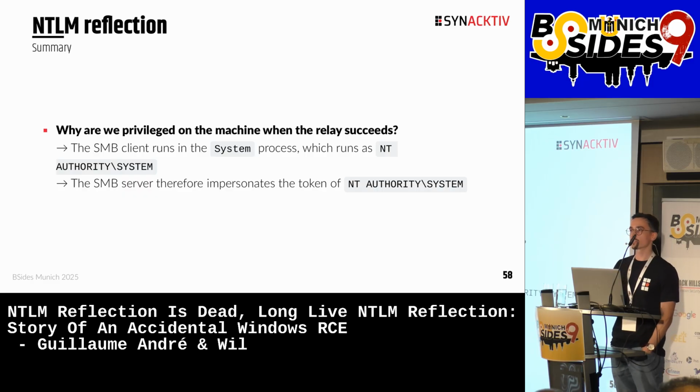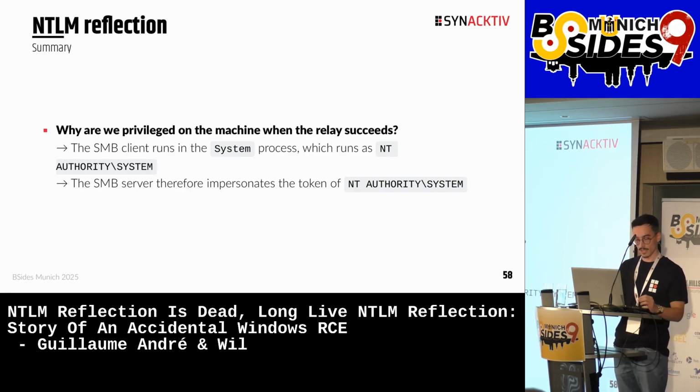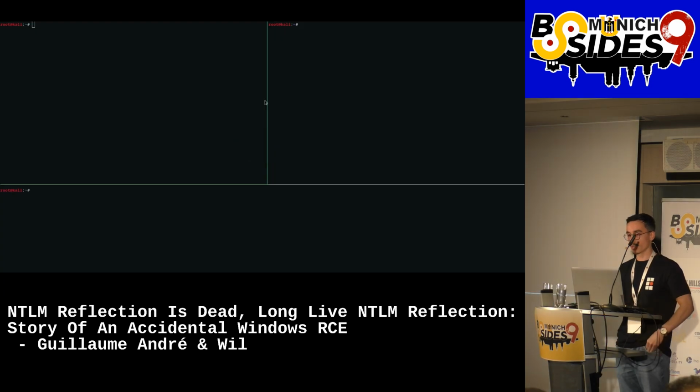There is just one last question for NTLM, which is why do we get a privileged SMB session? Well, it's kind of easy with what we just explained. The NTLM client runs in the system process, which runs as NT AUTHORITY\SYSTEM, which means that when the service tries to impersonate the client, it will impersonate the token of NT AUTHORITY\SYSTEM, which will give us administrator access on the target. So to illustrate it, we've prepared a small video to show you how easy the vulnerability